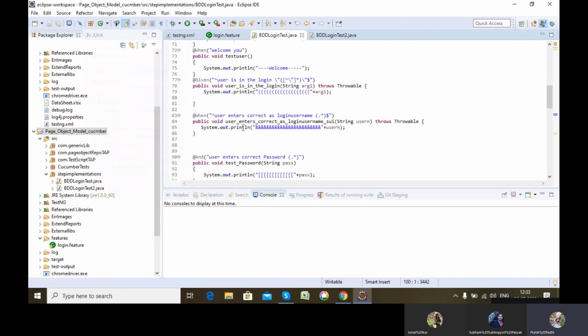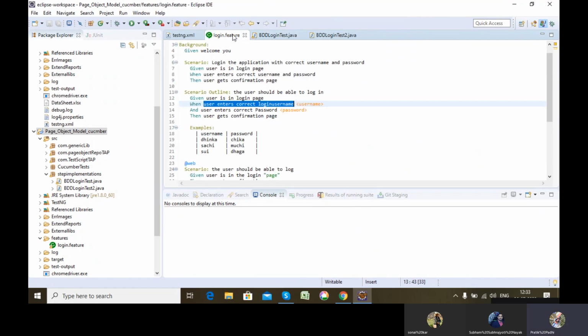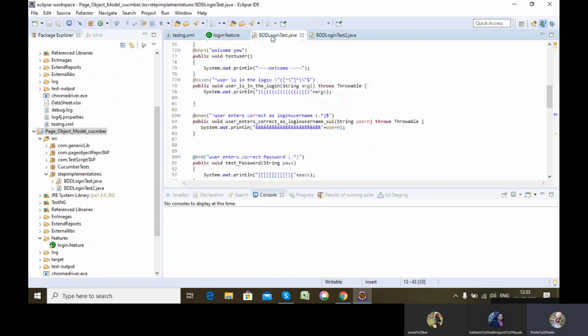See, this one is "user enter correct login username". This one is the particular hookup for that line. Okay, when. So here, if you write this particular symbol, it means it will take anything that is present after login username.